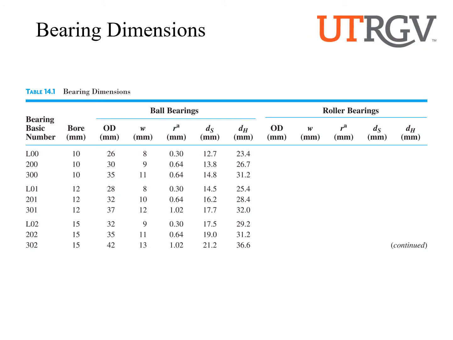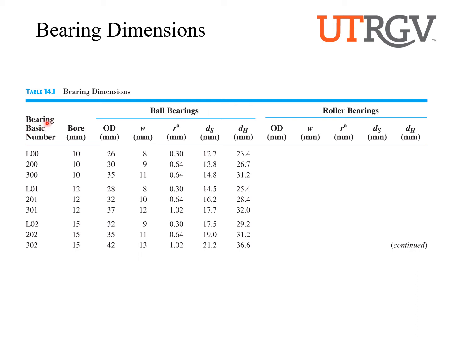This table here is giving the bearing dimensions. So the previous table gave us the rating capacities, how much load we can put on a bearing, and we saw that they depended on the bore diameter. Now that previous table wasn't complete. The table is more than what I could show on the PowerPoint slide. And so is this one with the bearing dimensions. Okay, so this one is giving us, again,